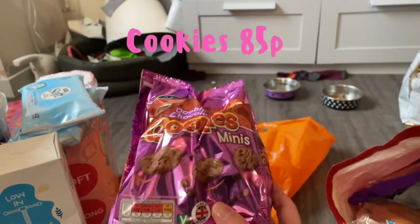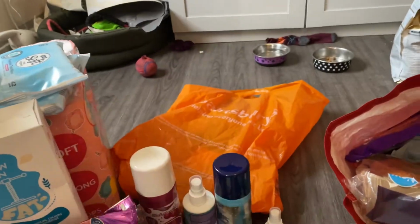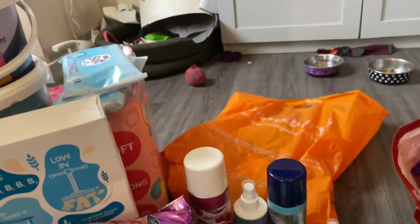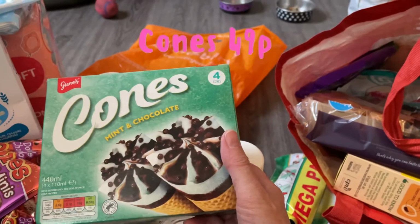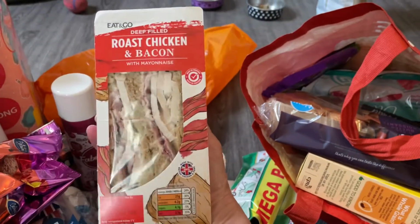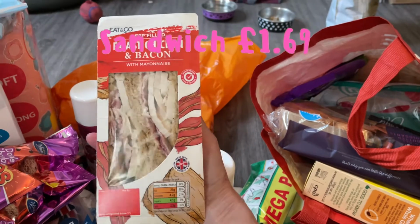Aldi's. They're like Maryland cookies that Chloe likes. I've got some black bin liners as well as the white ones. They always come in handy. I've got my mint and chocolate cones. I got a chicken and bacon sandwich. I had one of those last week and I liked it, so